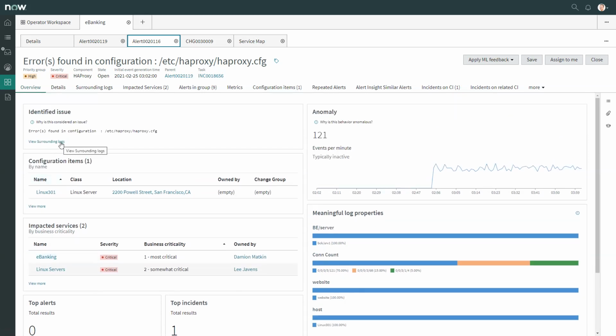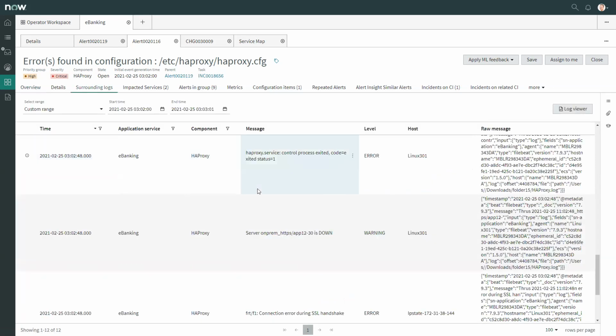If we want to investigate the surrounding logs, we certainly can, as many troubleshooting experts would. So let's view the surrounding logs. And here, instead of having to SSH into a server, look for that particular file, open the file, and then look for the particular time frame where the issue occurred or is occurring, we have that all done for us